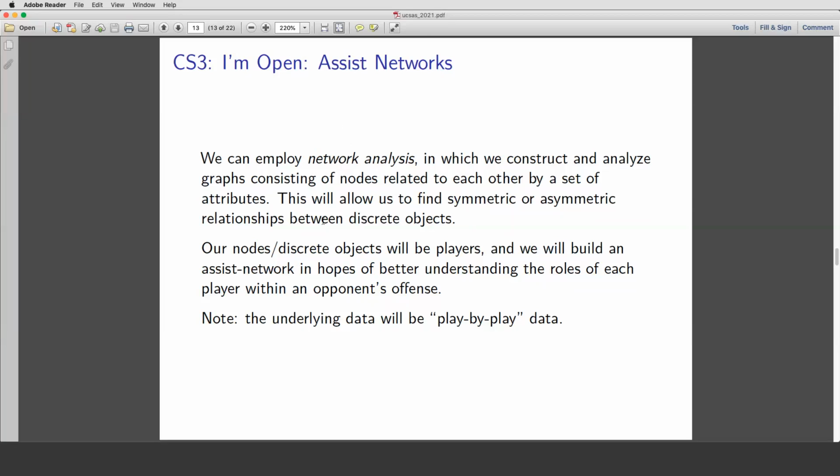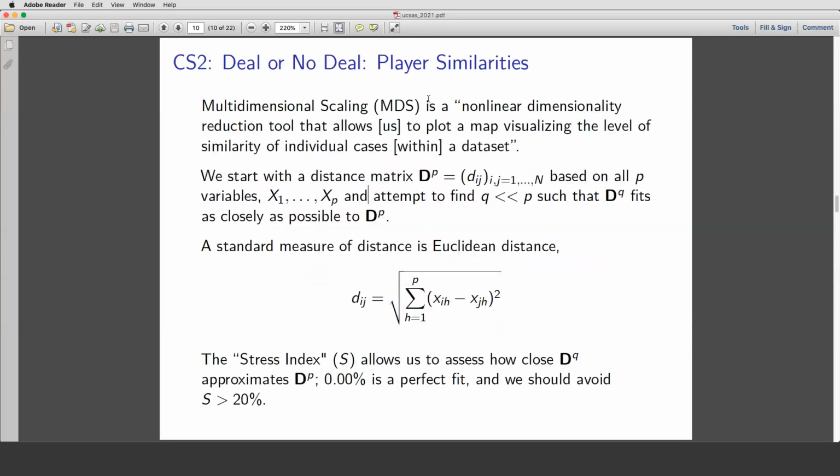But you can also think of an NBA team as a network, and each player is a node. And because we have play-by-play data, we can see who passed to who before they scored. So you get an idea of how the ball might flow around within an NBA team. So again, this is a high-level review, but you take the play-by-play data, you look at players who